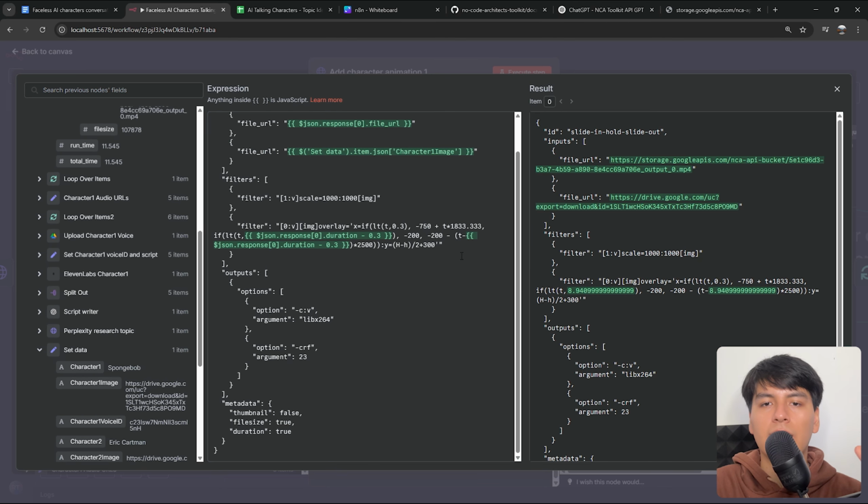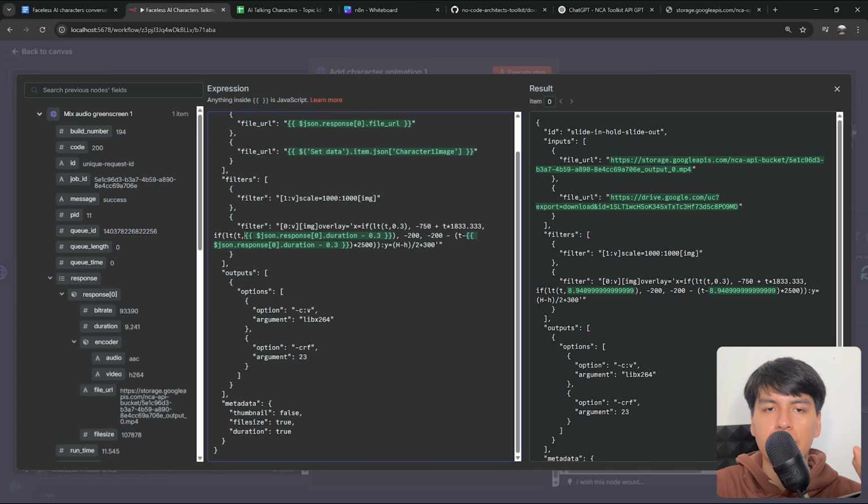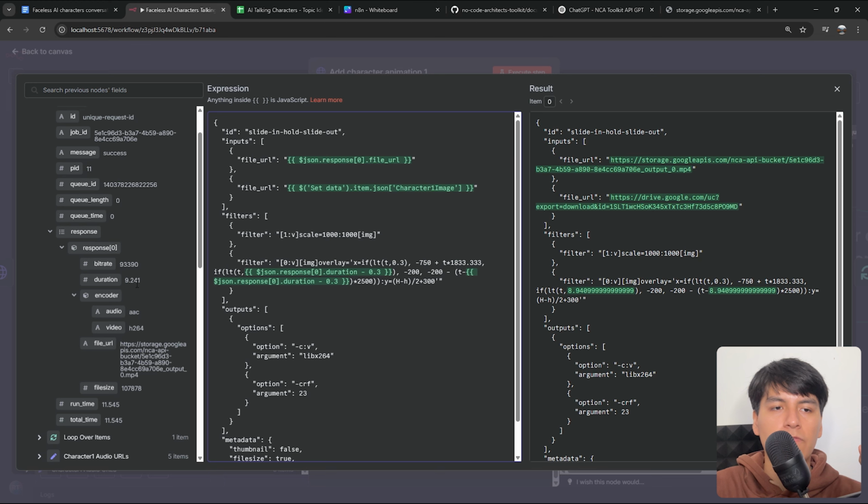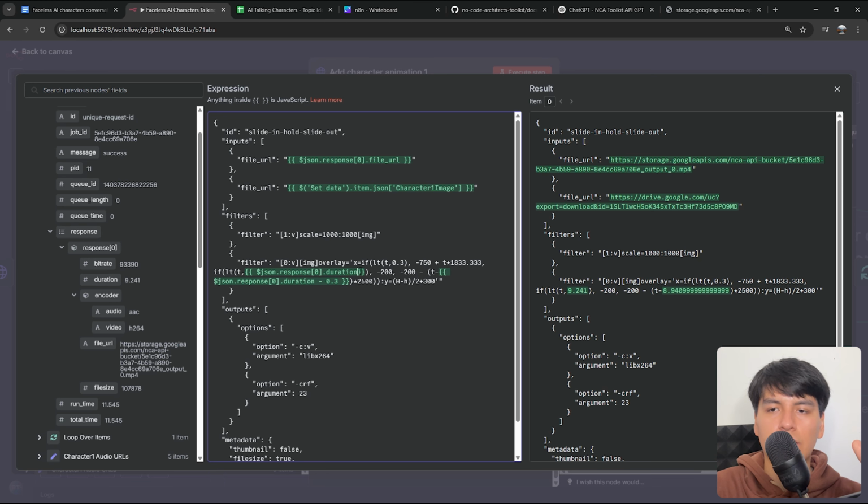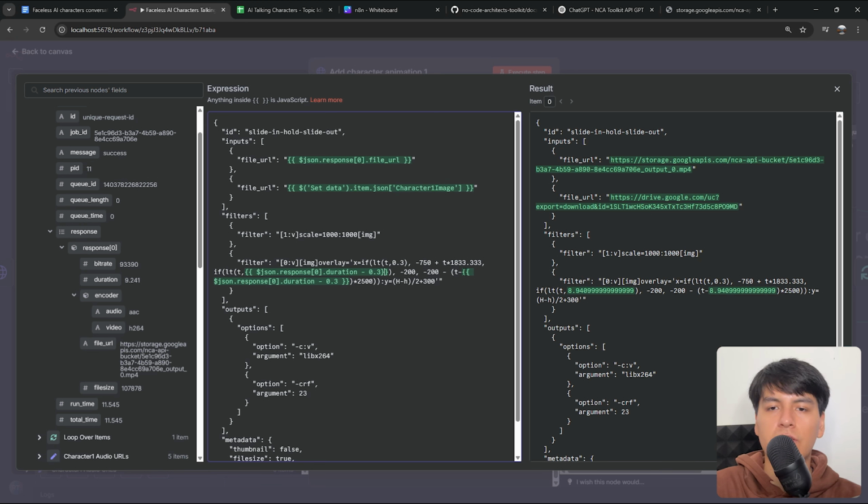And then for the slide in and out animation, we used this logic. And the only thing you would have to change right here are these bits. So for the duration, you can just map it from here, which is this one. And in this case, it'll just map it in. But for the animation to work, you then also have to subtract 0.3. So that's it. And then for the next expression, you just copy and paste that same expression, and that would be it. The only issue you might have is if your character is too fat or too wide. So in cases like this, the slide in and slide out animation might not go all the way through. But if that happens, you can just tell ChatGPT that and it'll change the whole logic.